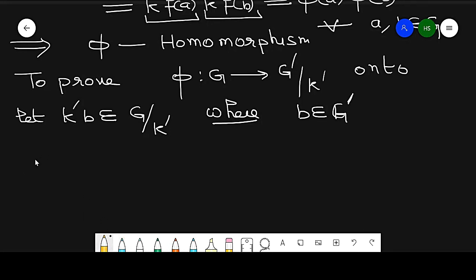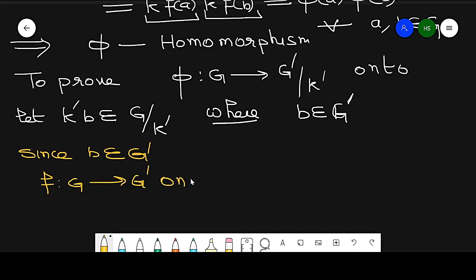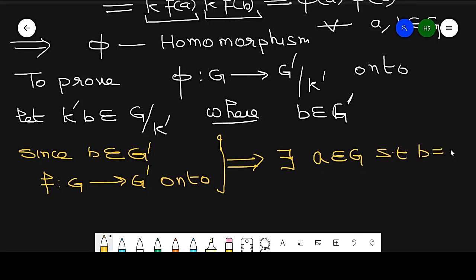Since B belongs to G dash and f from G to G dash is an onto mapping. It is also a homomorphism. So it is onto. So it implies there exists A belongs to G such that B is equal to f